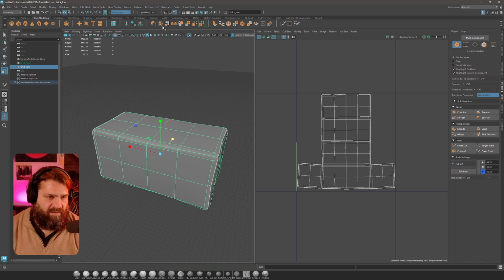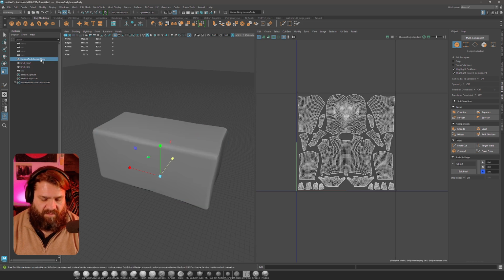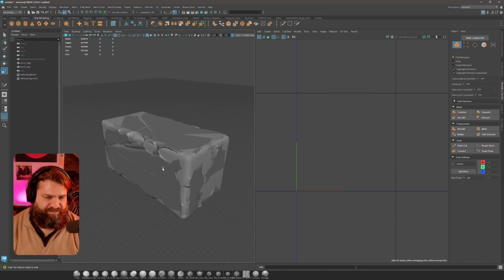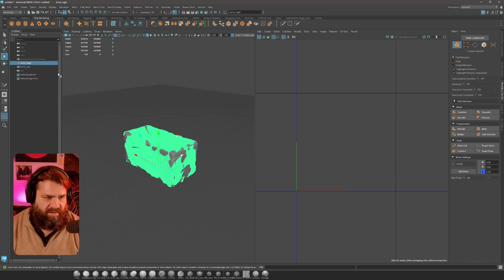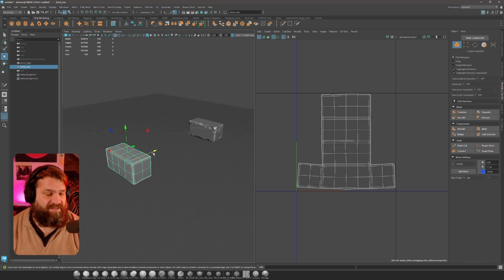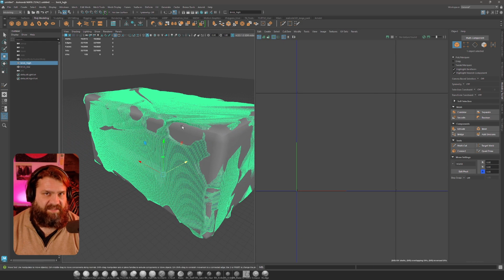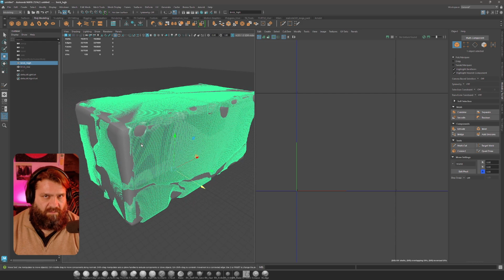The thing with exporting, importing this kind of stuff into Painter, this is very important, is if you export this brick, let's say that the high is here and the low poly is here, and you go, oh, okay, I'm going to do the bake. It's not going to work because they need to be in the same place, in the same area. And so I'm just going to give a mini tutorial on